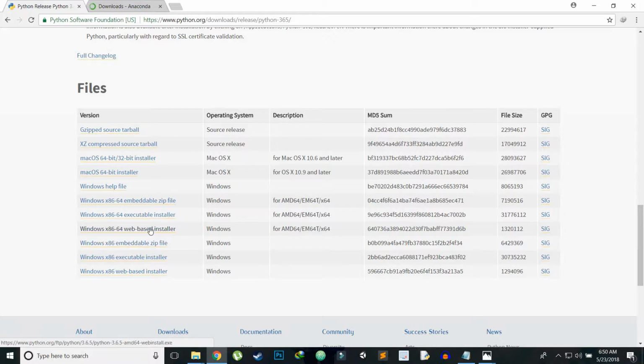You'll need to check whether your PC is 32-bit or 64-bit. If it's a 32-bit PC, select from one of these three. I suggest going with either one of these two. Then afterwards, if it's 64-bit, go with any one of these three. After that, if you are running Mac OS, as I said, it's already pre-installed. If there is a need to actually download, use either one of these two, and this is for the Linux